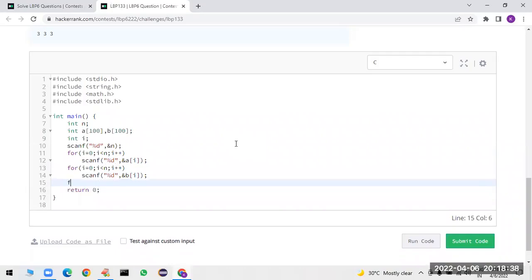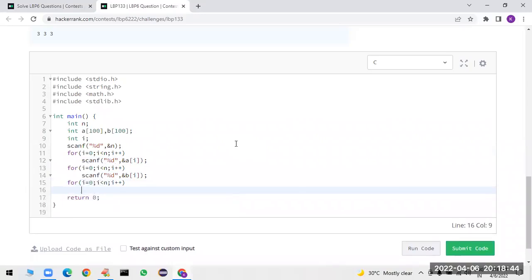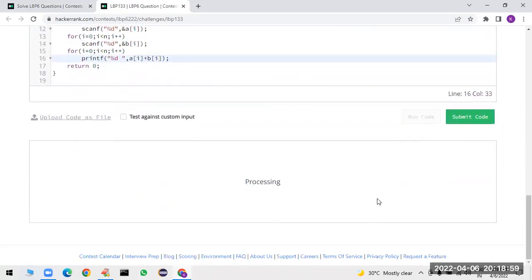B elements we have to read. Now for i is equal to 0, i less than n, i plus plus, I need to print directly the sum of array elements: percentage d comma a of i plus b of i, right? Every element present in the a array and every element present in the b array, both are going to get added